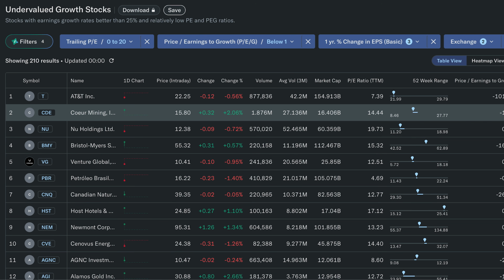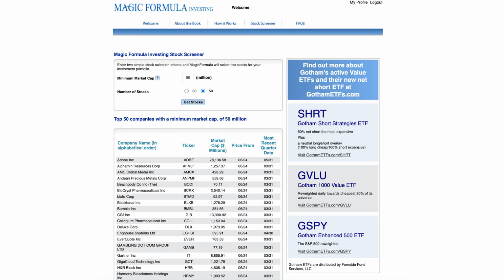I went to Yahoo Finance stock screener. At some point, I even used the Joel Greenblatt Magic Formula. That's a stock screening site that screens for earnings yield and ROIC on various stocks. And I just started looking at those businesses. Now, I don't think this is the best way to find stocks, but if you're just looking for places to start, it works.